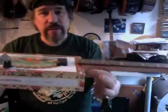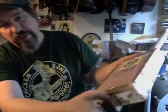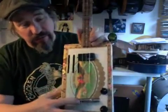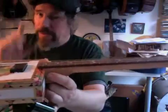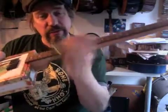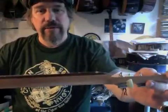So the neck is neck-through construction, the old-timey construction, with just little pop rivets as the string ferrules. The strings are grounded to those, and then it's grounded through the bolt. The action is a little bit higher than you'd set up a regular guitar, but not enormously high. I like to give people a bit of height so they're not clattering the slide on the frets, but low enough. And if you look the way this is set out, if you can catch that on the camera,